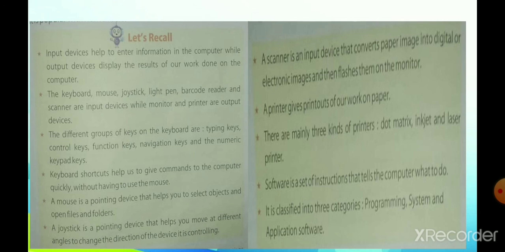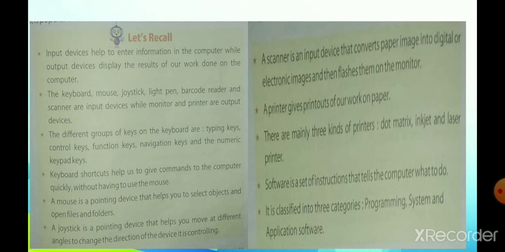The different groups of keys on the keyboard are typing keys, control keys, function keys, navigation keys and the numeric keypad keys. Keyboard shortcuts help us to give commands to the computer quickly without having to use the mouse. A mouse is a pointing device that helps you to select objects and open files and folders.